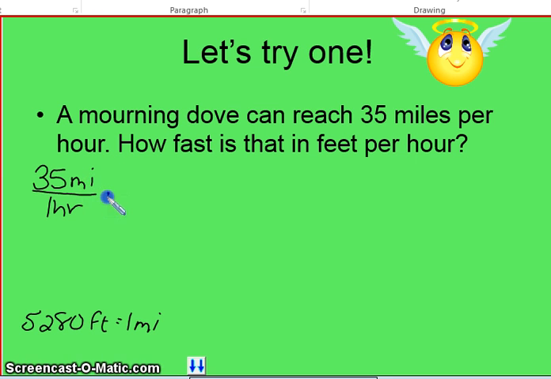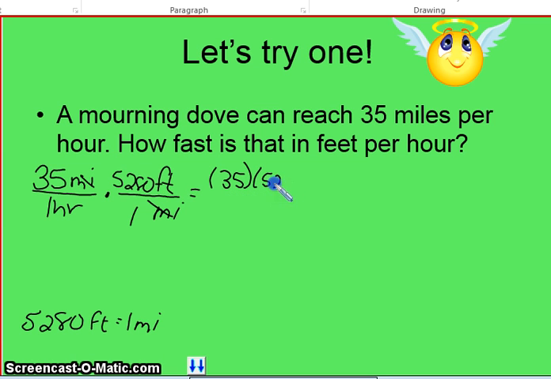So we're going to multiply this by a fraction. I'm looking to get rid of miles and change to feet. So I want miles to be on the bottom so that it'll cancel, and feet to be on top so that's what I end up with. Now I know 1 mile is equal to 5,280 feet. There, my miles cancel, and I'm left with feet per hour, which is the unit I wanted to end with. So I've got 35 in the numerator here,